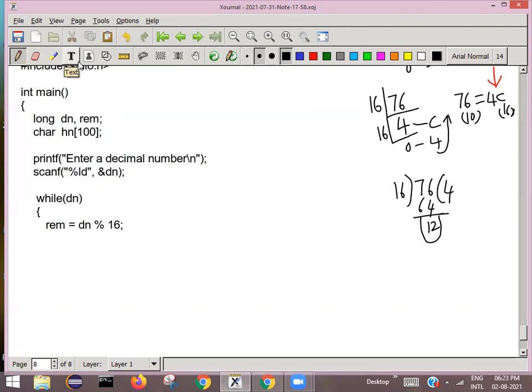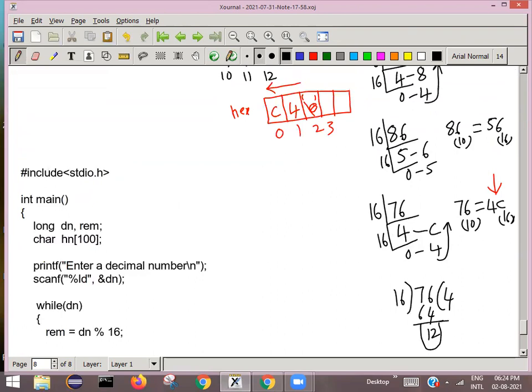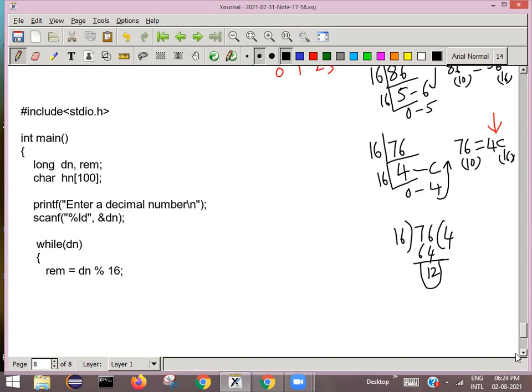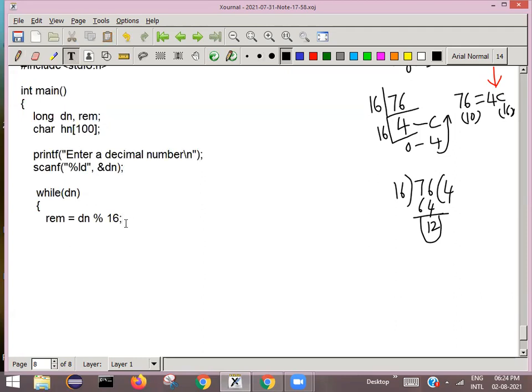Okay, so now your program should check whether your remainder is between 0 to 9 or above 9. If it is 0 to 9, then directly, that logic we will implement first. Say for example, 86. In case of 86, what is the remainder you will get here? 6, you will get the remainder. So we implement that logic first, then how to use characters if it is more than 9.